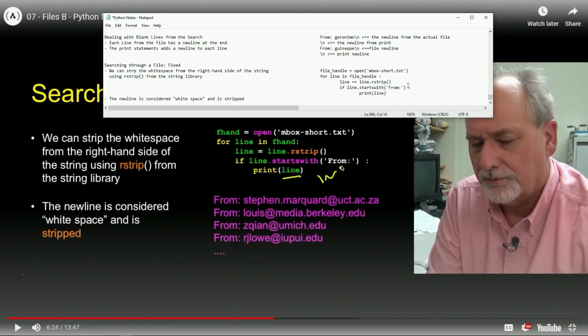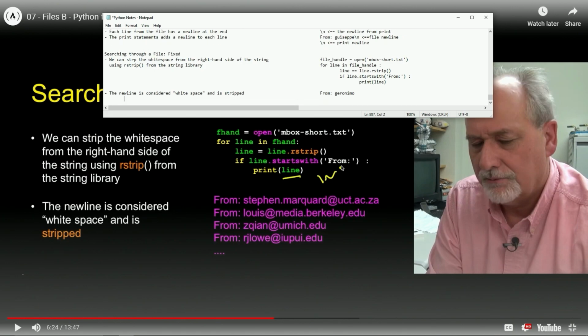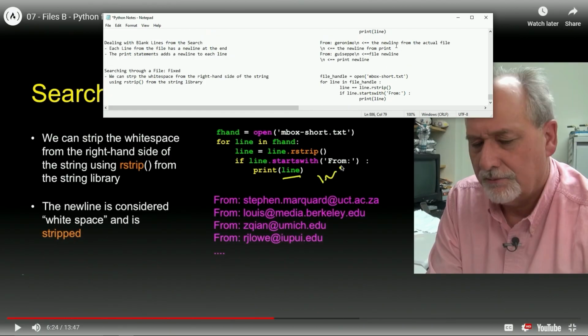So what will come out of this will be something like this. From Geronimo, and then it'll come down here, and it'll be from Giuseppe. All right. And let's put some dots after that too. From Giuseppe, ... All right.